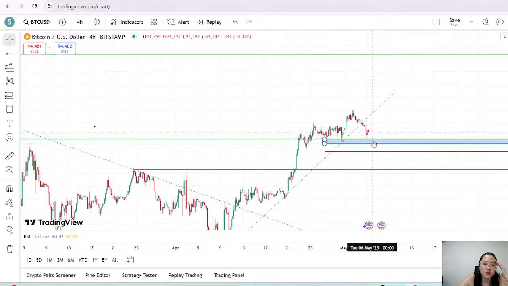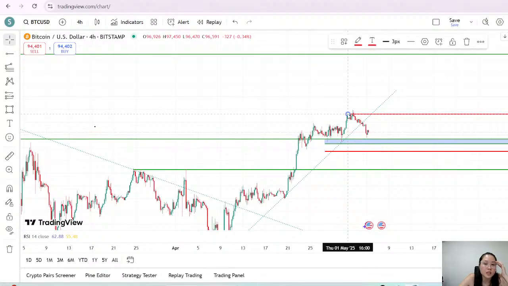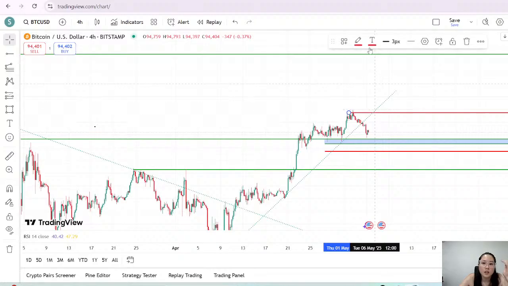So this is my entry. This is my stop loss right below this area. And my take profit will be somewhere here. This is just how I always chart. When I chart, I sit down and first think, where's price going? Is it going up or down? Okay, it's going up. If it's going up, I now need to look for a buy. I need an entry, stop loss, take profit.